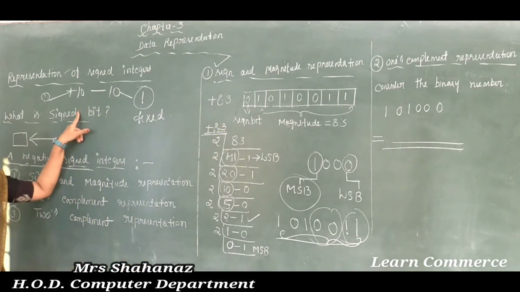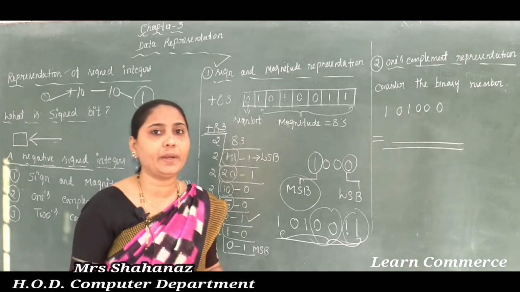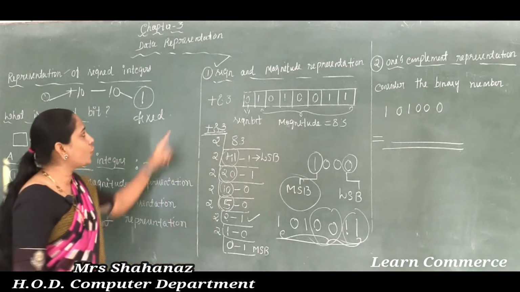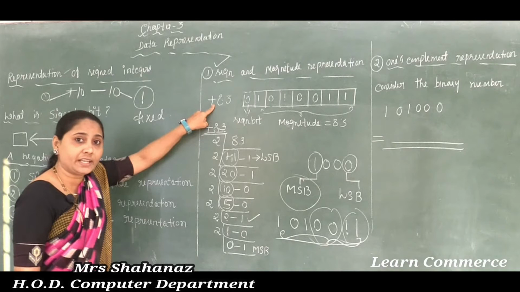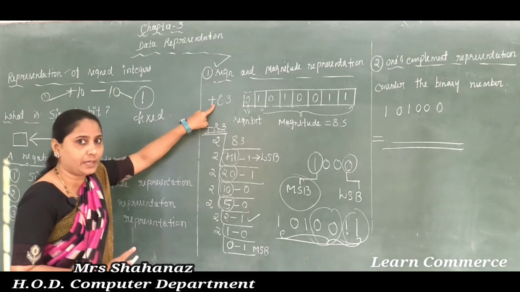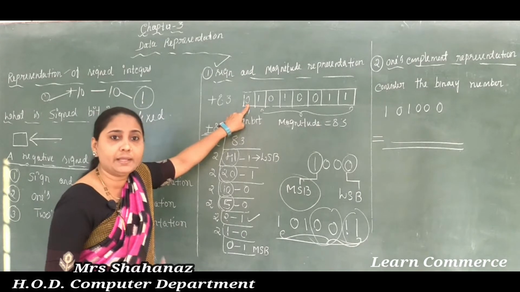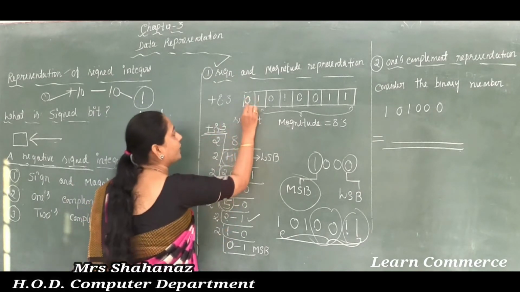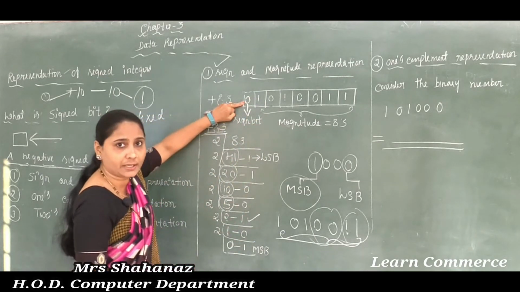As we know, the number is plus 83. I already said what fixed point representation is. As we know, a positive number has a sign bit 0 and a negative number has a sign bit 1. So the number is positive, plus 83. Plus 83 comes under which? It comes under the positive numbers. Then what should its sign bit be? The sign bit is equal to 0. Clear this point, the sign bit is equal to 0. So I wrote just 0 here. Clear this point here.